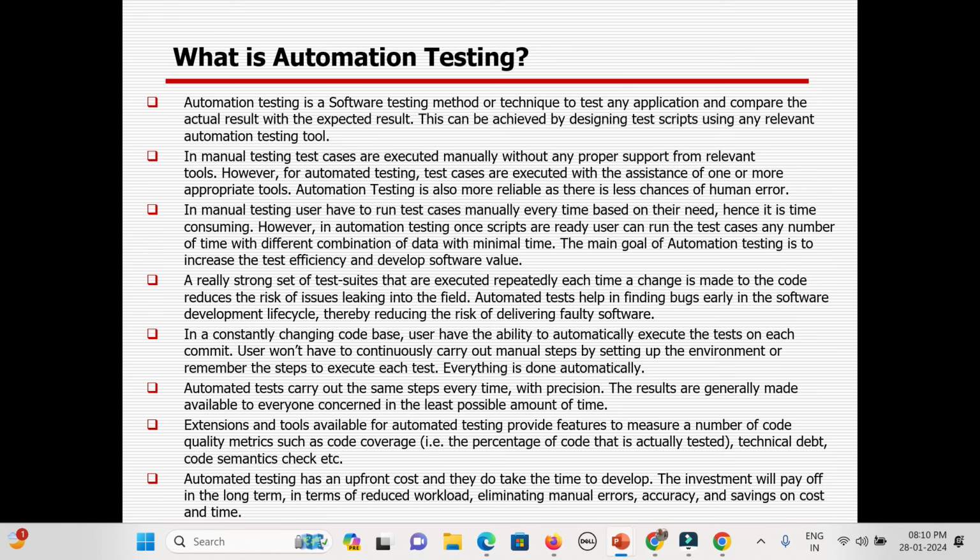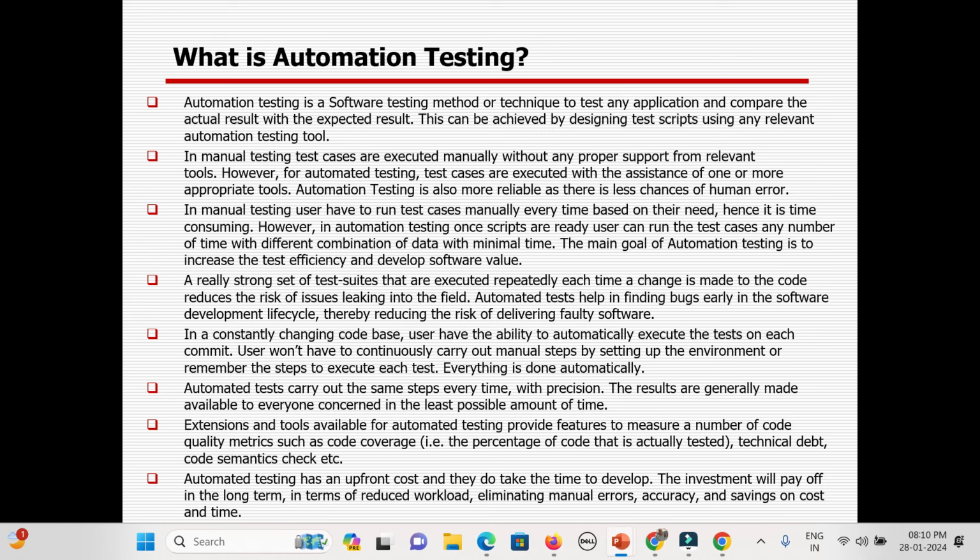Then you can identify which tool is suitable, what technology and what framework you can use, whether you can go for a license or a free tool, what your customer's budget is, what the strength is, all this stuff. That is covered as part of your POC, or proof of concept.